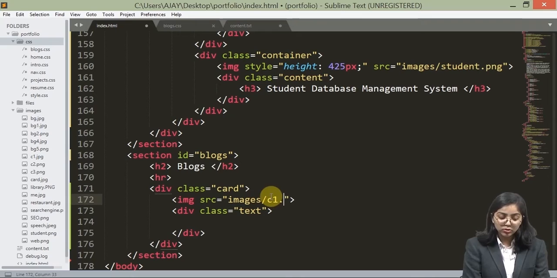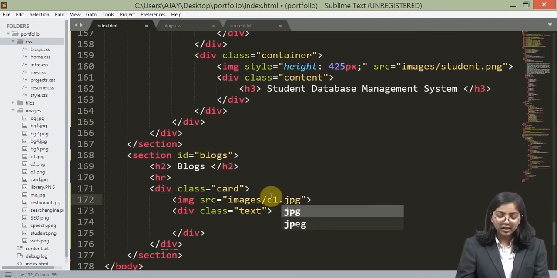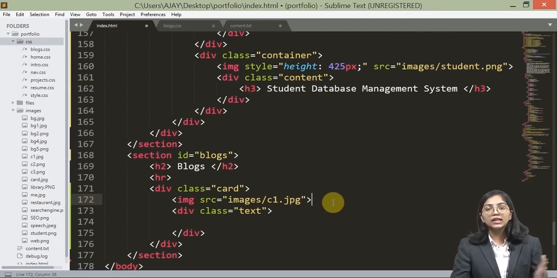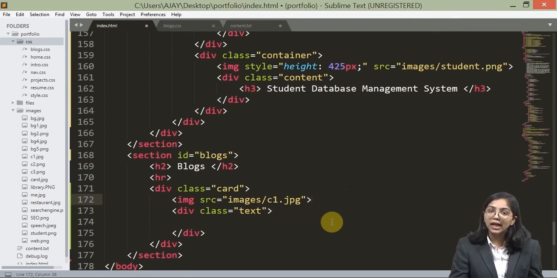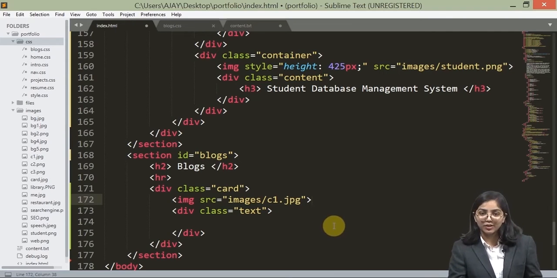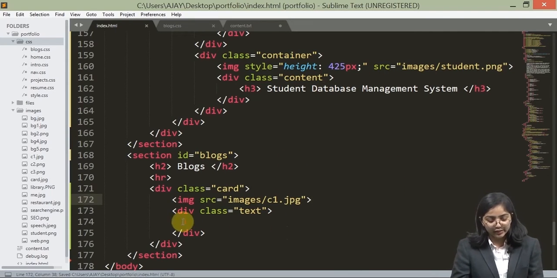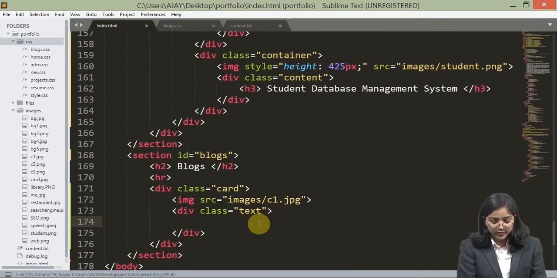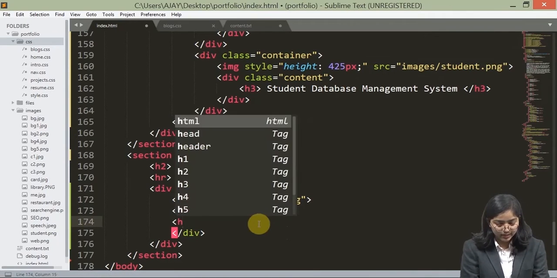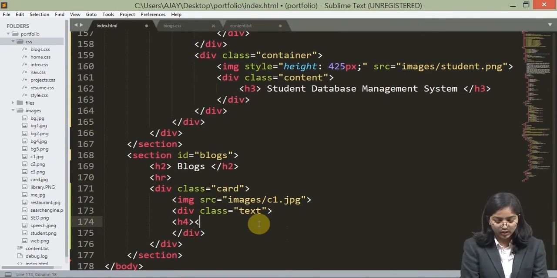I'm just going to show you one particular card to be created. Now the other cards would be created by you, and you will be inserting them using rows and columns. Now you can use a table tag over here, or you can use the div tag and create your own rows and columns. So I have created it, and now let's just insert the text as, let's just say, h4 tag. Okay, and the text would be the title of this particular blog.